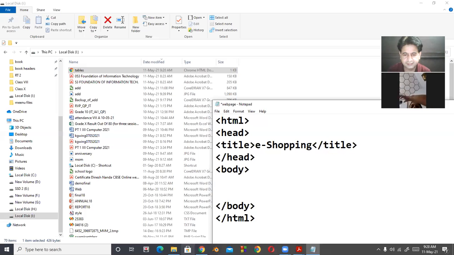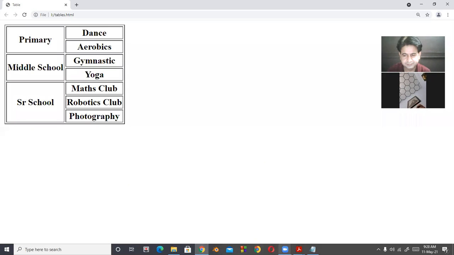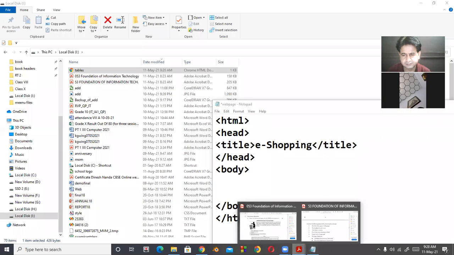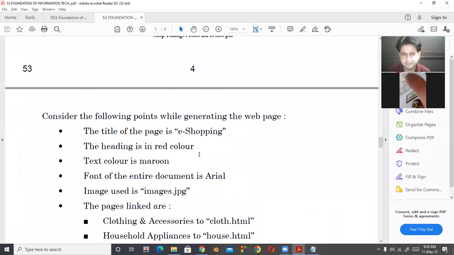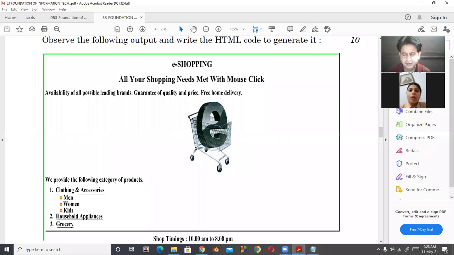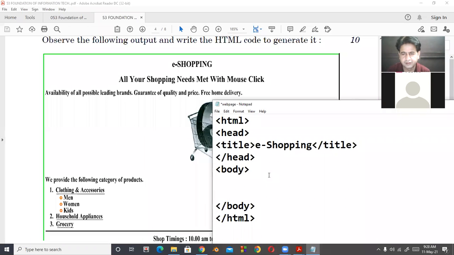So in this, first of all, we will use here font color equal to red.